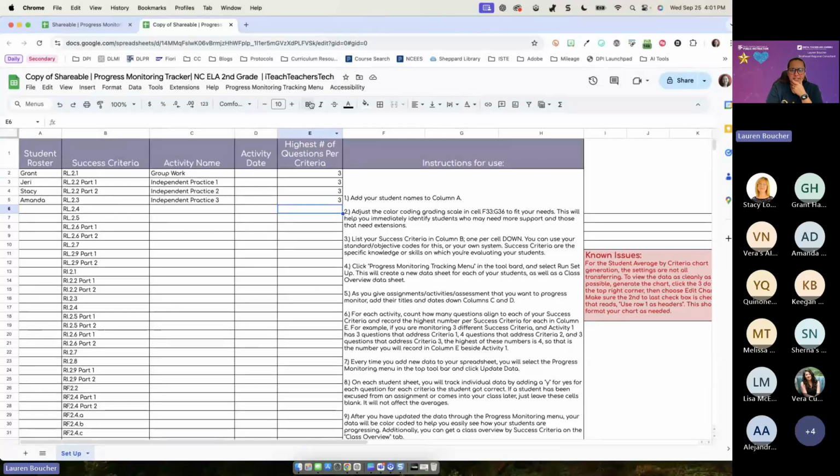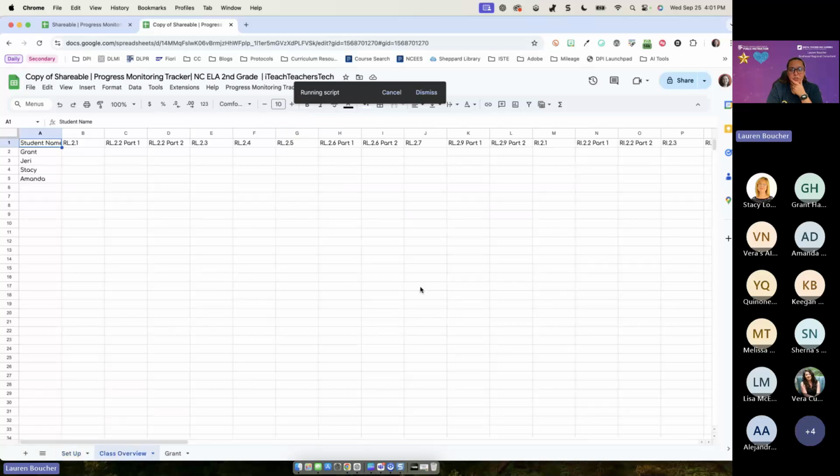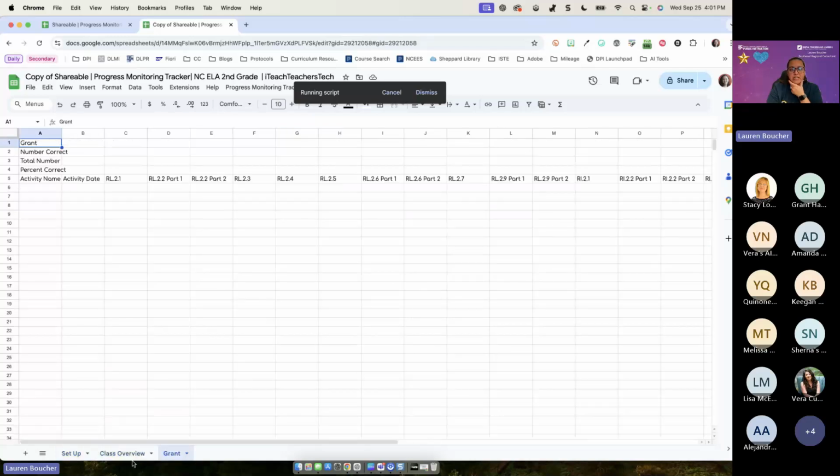All right. Now that I have given it permission, it's going to run the script. And so you'll see down at the bottom what it does is it begins to create a sheet for each one of my students, as well as a class overview.